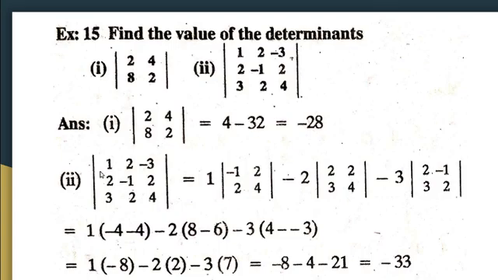So simply take the first row and consider the first element, then strike off that row and column. In that way you have to consider all the elements, but we have to put a negative sign in alternate positions. For the first element you consider a positive sign, then for the second element you put a negative sign. Again for the third element you put a positive sign. This already has a negative sign, that is why here it has a negative sign. So we will get a simplified determinant, then you have to cross multiply the elements.